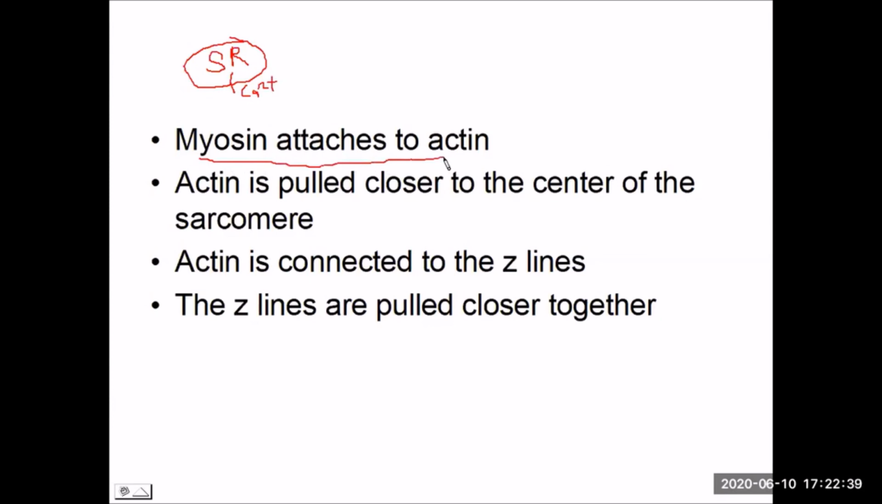Actin is always connected on to the Z lines. So we now begin by pulling the actin closer to the center of the sarcomere. And again, that connected actin always bound to the Z lines. When we're pulling the actin closer to the center of the sarcomere, we're also pulling those connected Z lines as well. And reducing the length between one Z line to the next Z line, reducing the length of the sarcomere,